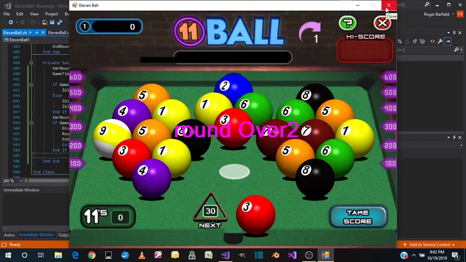When we come back, we'll start doing the end of round scoring for all the different versions. Timer out, take score, or clear the table. Until then,